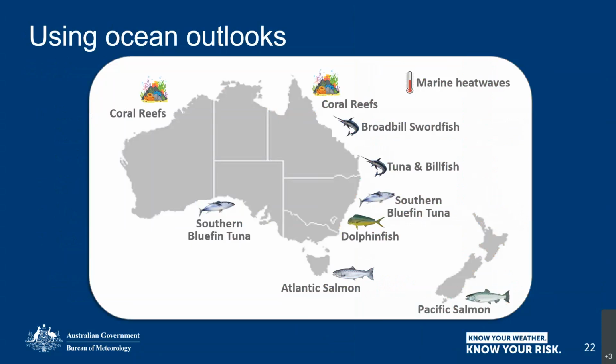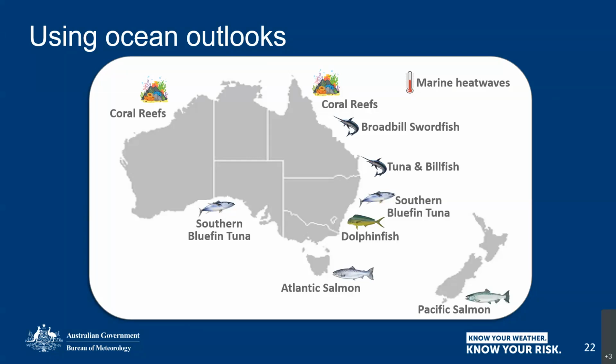So who would use these outlooks? Who would be interested? So we're going to focus a little bit on the use of this service for coral reefs, coral reef managers around Australia. There's a significant portion of the Australian coastline that has coral reefs. So from the 2,300 kilometres of Queensland coastline where the Great Barrier Reef resides, we also have coral reefs in the Gulf of Carpentaria, across the top end, along the Kimberley and Pilbara regions, off the north of Western Australia, then around the corner at Exmouth, from Ningaloo, Shark Bay, all the way down to Perth, where there's soft corals